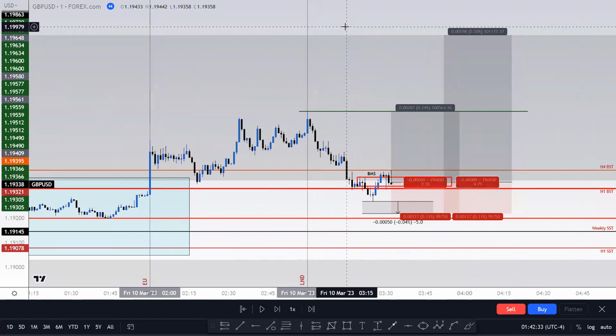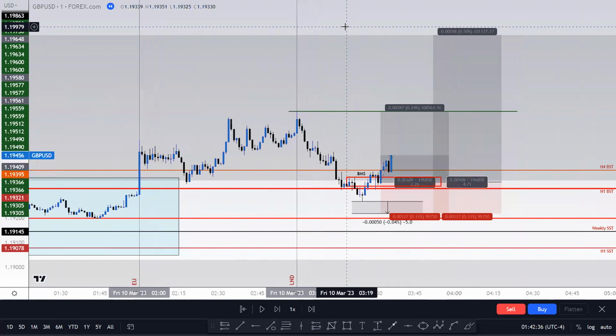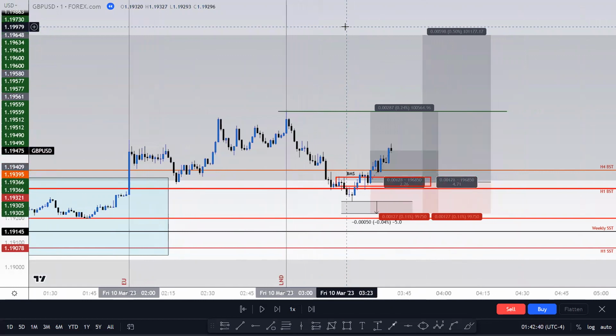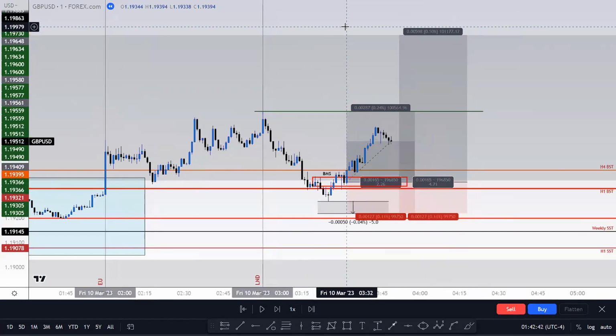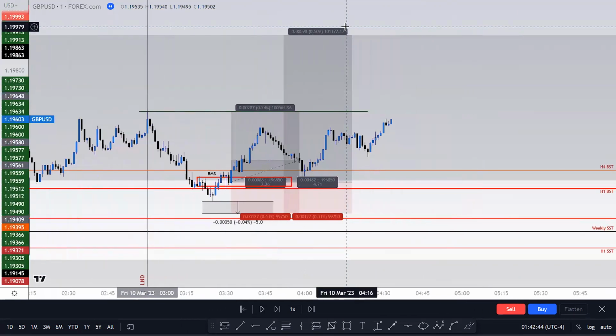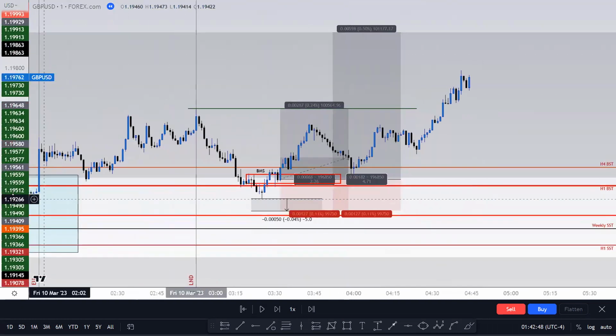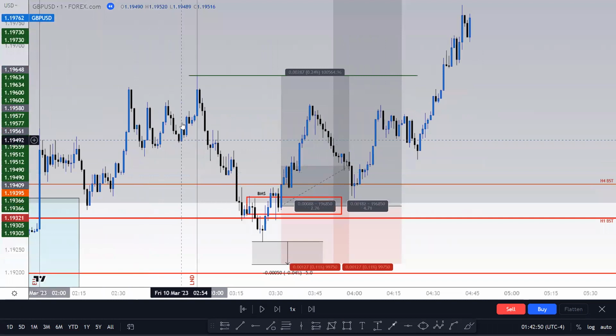So we can see that price came down, retested entry, gave us that trigger from the entry level, and then proceeded to the first target, which is the recent high. Price did accumulate for a bit, and I know that some of you were also looking at this as a potential short. But again, just to reiterate, the reason I didn't go short on the 5 minutes in this case was because this was